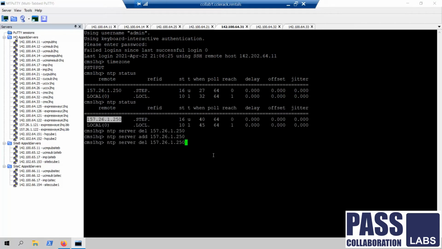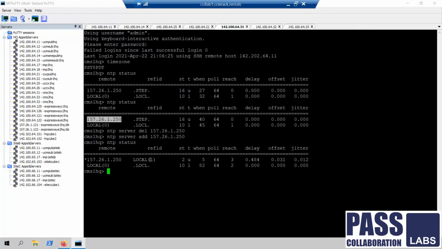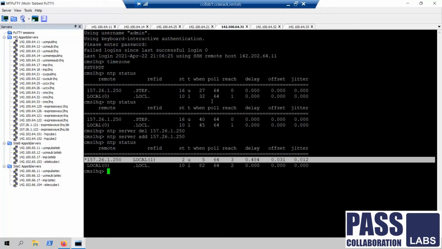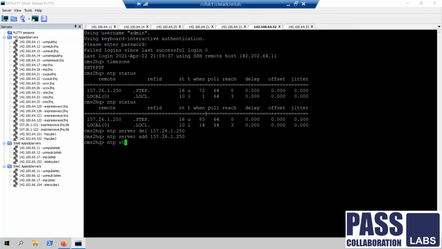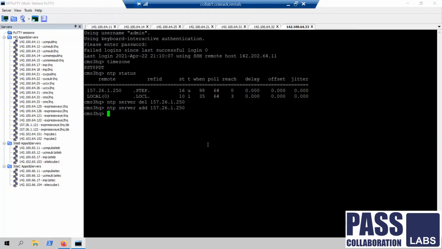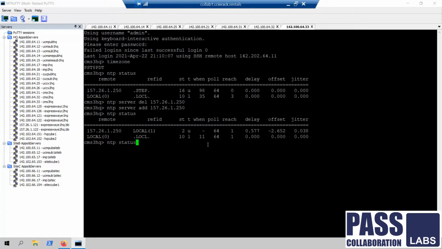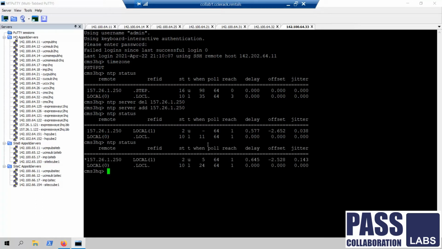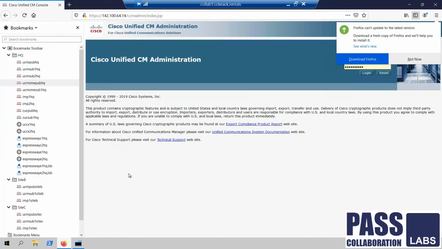CMS1. This time it should sync properly. The asterisk sign shows the peer is synced. Even this is synced. Perfect. So all three CMS are correctly synchronized.